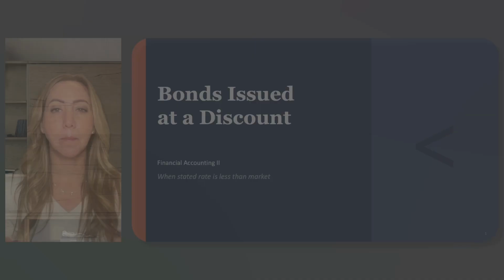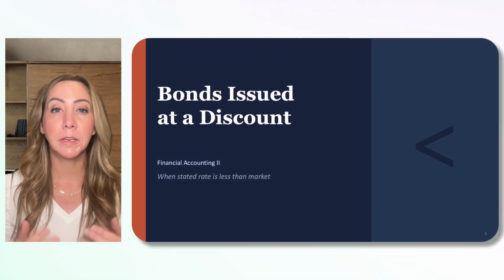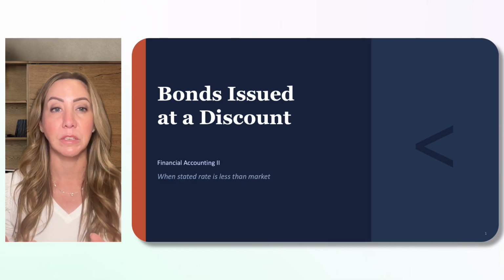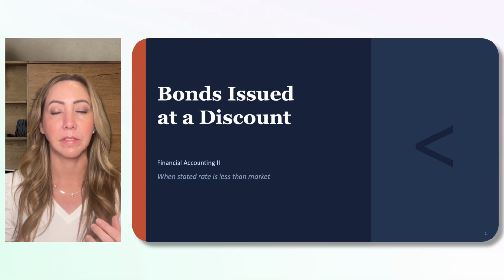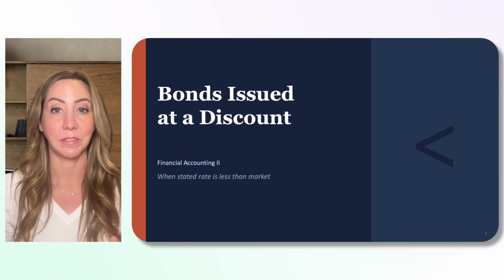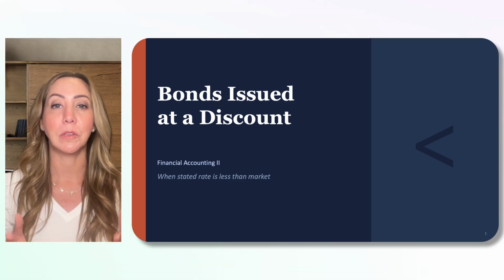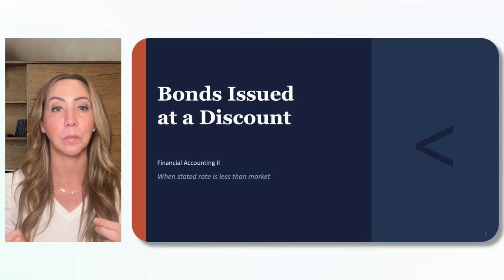In this lesson, we'll be looking at a bond that's issued below its face amount. This happens because the stated rate on the bond is below the market rate. That means it's issued at a discount. This scenario demands two new tools to account for the difference between what the bond issuer is offering to pay and what the bond holder expects to receive: the effective interest method and the amortization schedule. Don't worry, I'm going to build them up slowly because once you understand the discount, the premium is just the